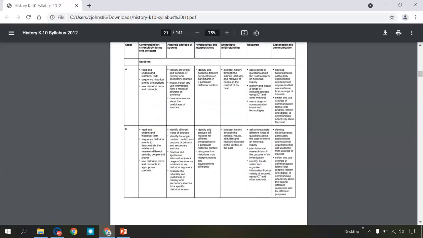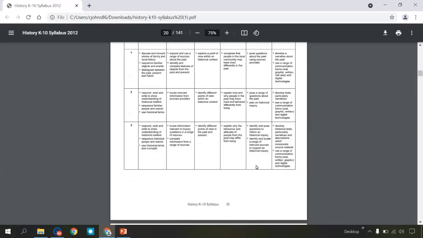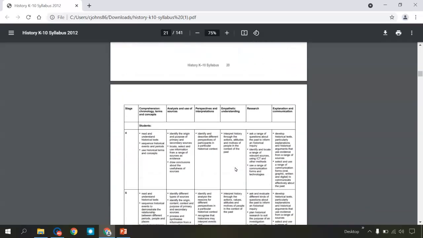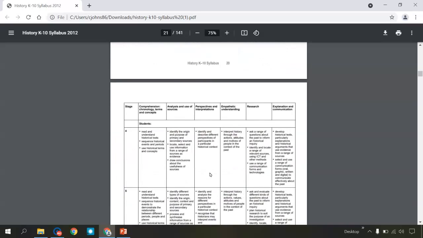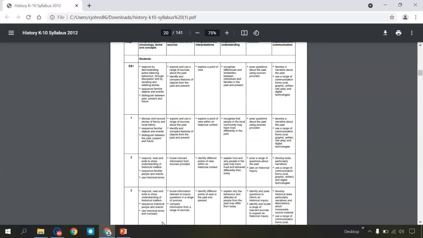So what I just really want to emphasize here is that students are starting here and they're building all of these different skills right up to year 10. And they may continue history into the senior years, but they are definitely working up to stage 5 in New South Wales. Some other states don't go up to year 10. They may only go to year 9. But regardless, when high school teachers start here, this is what is expected of students. Okay, not always achievable by all students, and all students are at different levels. But